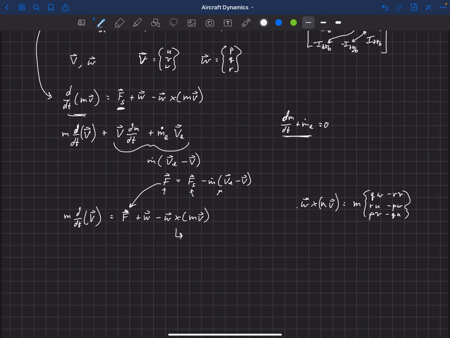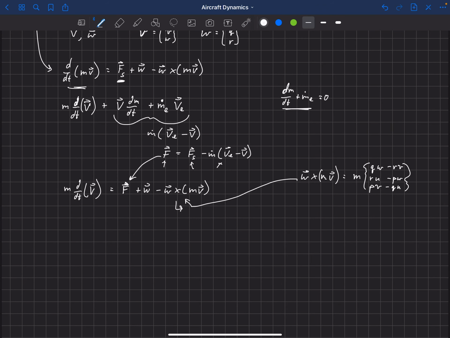And now we can take this term, substitute it in for that, and write a final equation here in a slightly different form. So now this velocity vector I'm going to write in terms of U, V, W. I'm going to break out the components of force and weight, and then we're going to use this term here for this final term. And one last thing for mass here, we're going to use W over g. So I'll just make a note there, mass equals W over g, okay? So we're going to swap that out as well.